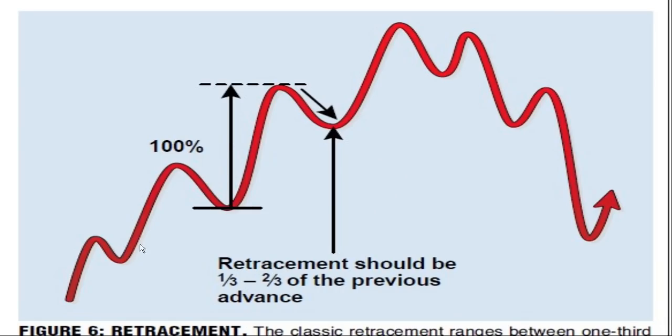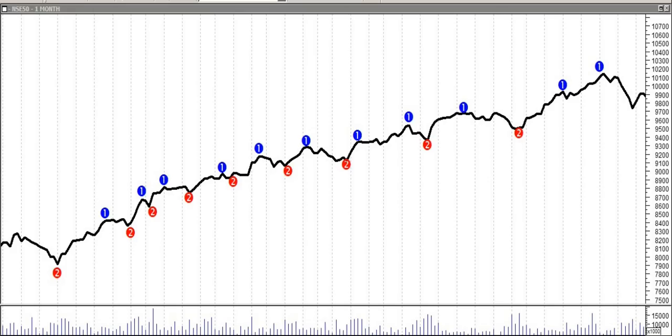Lastly, retracement. I was showing you the market was going up, coming down, going up, coming down. So how far coming down would be considered a valid retracement? Dow had a very simple logic. Retracement should be 1/3 to 2/3 of the previous advance. That is, if the market from here has gone up to here, this one should be at least 1/3, 33%, of this move, up to 2/3 of this move. If it is more than that, then the trend has probably changed. Then you do not consider that, okay, now again it will begin. But till 1/3 to 2/3, it is considered a valid retracement. At least a minimum of 1/3 will be there, a maximum of 2/3 should be there. So this is a classic retracement according to Dow.